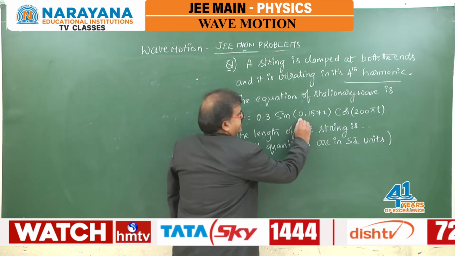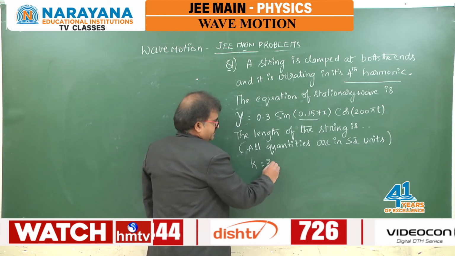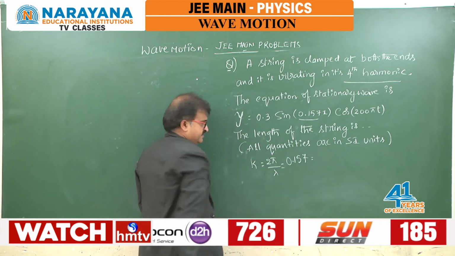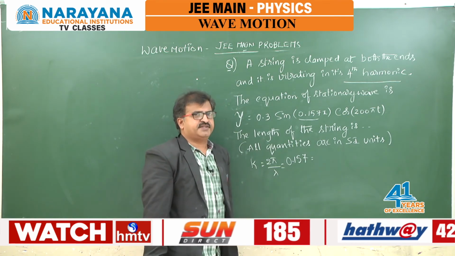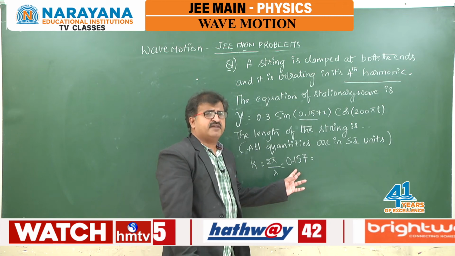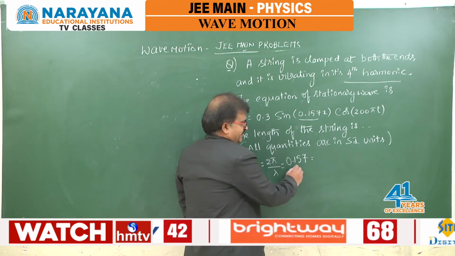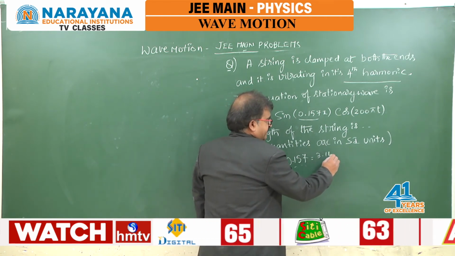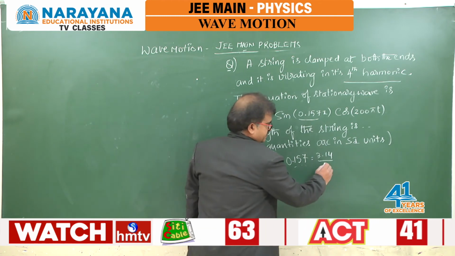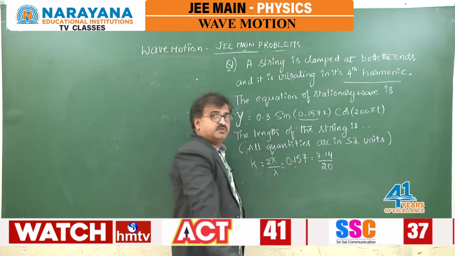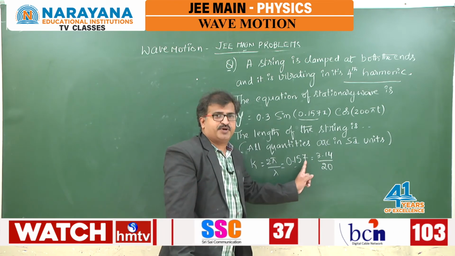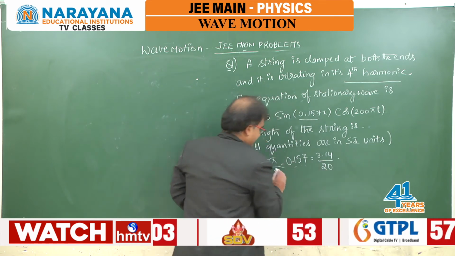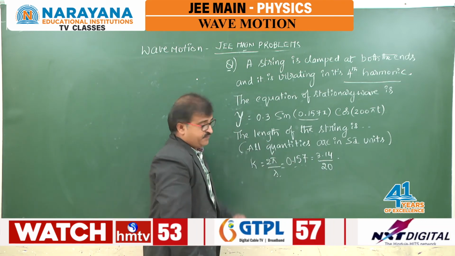Now here, this k value is equal to 2 pi by lambda is equal to 0.157. By using common sense, you can get that it is somehow related to the pi value 3.14, is it? So you can take 2 pi by lambda is equal to 3.14 upon 20. One more decimal has to be done. So that 2 cancels and you will get 0.157. That is just mathematical common sense. So this will be the value so that you can get the lambda value from this.